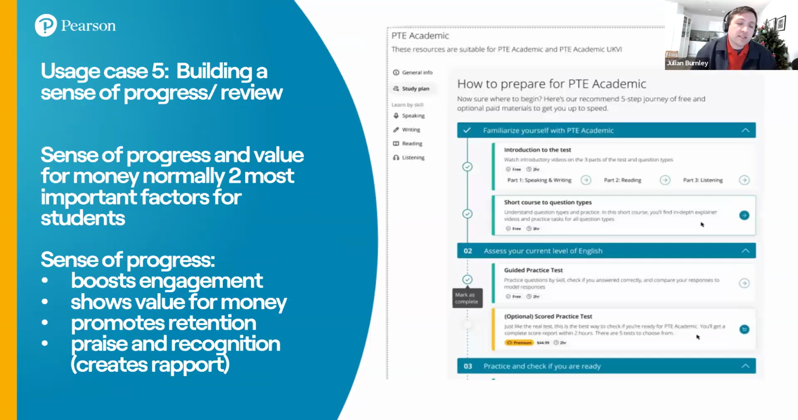Usage case number 5 is using it for homework and using it to build a sense of progress. As I mentioned, I used to be a teacher. I also used to manage teaching centers, which I stopped doing in 2020, but I managed 4 teaching centers and over 4,000 students and a teacher base of about 45 teachers. And whenever we did surveys with our students to try to understand what they needed most,